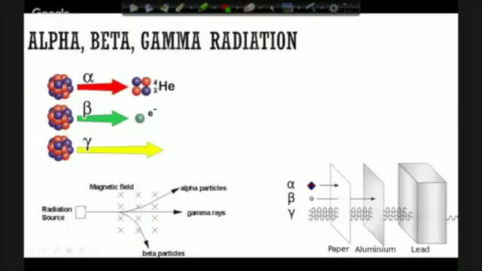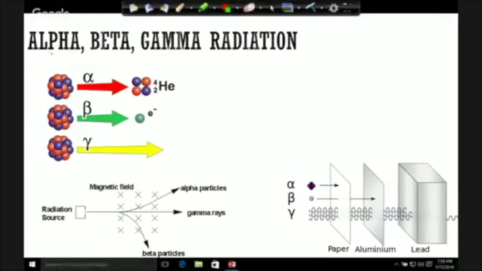So let's discuss the three types of radiation that we've got. We've got alpha, beta, and gamma radiation. Alpha radiation is a helium nucleus, just like we used in that Marsden and Rutherford experiment with the gold foil. This is a helium nucleus, and it is positively charged. So when the nucleus of an isotope breaks down, it can release 2 protons and 2 neutrons, which is a